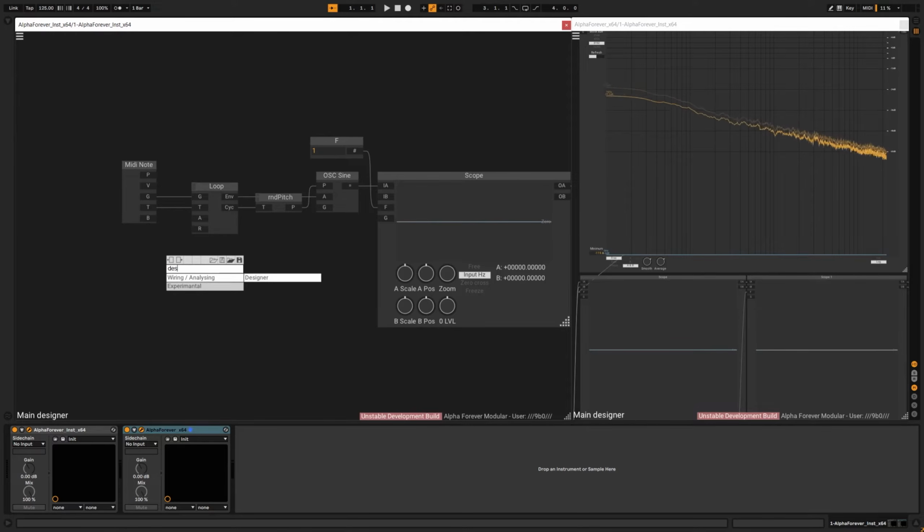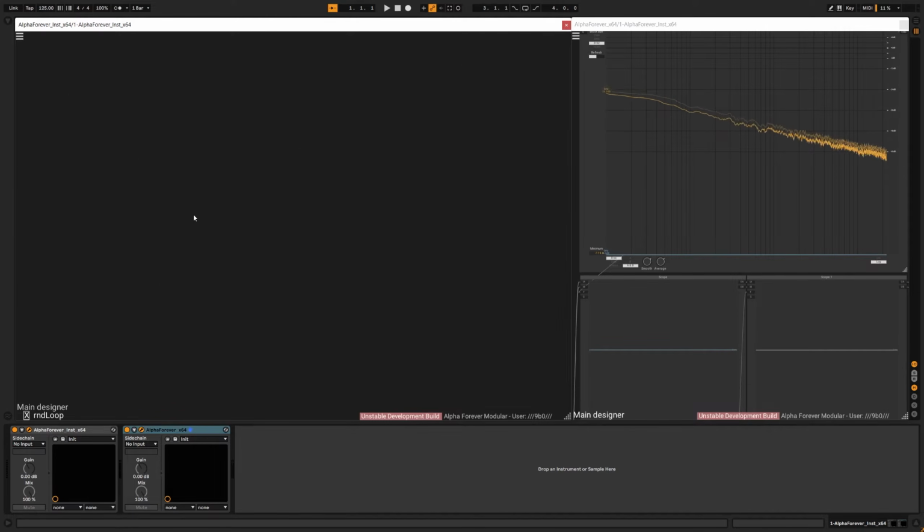But this won't be complicated. So random loop, and here we will receive the trigger and create a random value. So attack time and release time are going to be the same. So this is the cycle time,